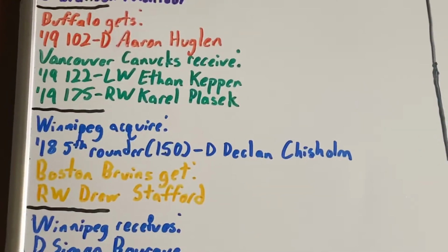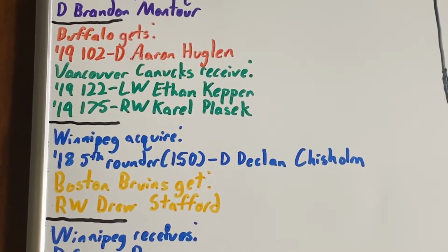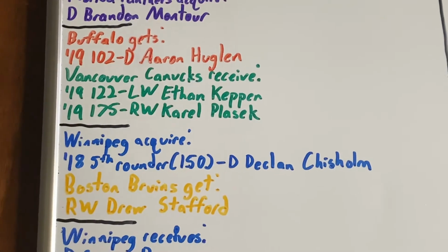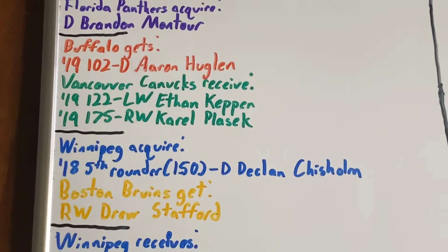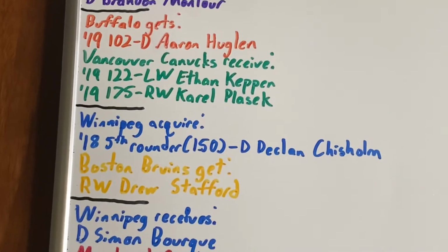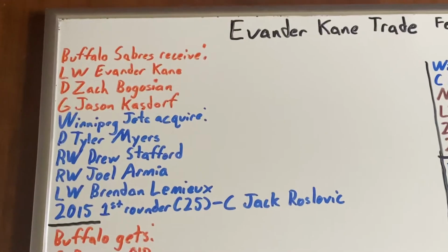In exchange for a 2018 fifth-round pick, this would become the 150th pick, and with that, they would select defenseman Declan Chisholm, and Chisholm spent the 2021 season in the AHL, so it remains to be seen if he'll make an impact at the NHL level. So back to this, we have a couple more assets to look at for Winnipeg, and the first one we'll